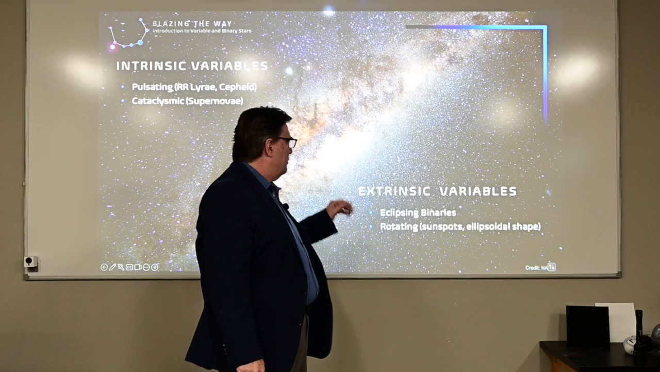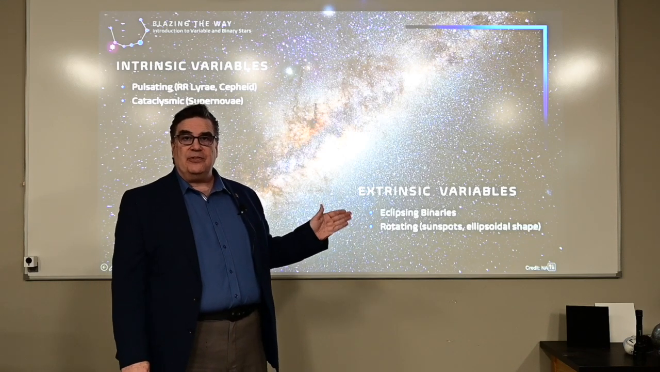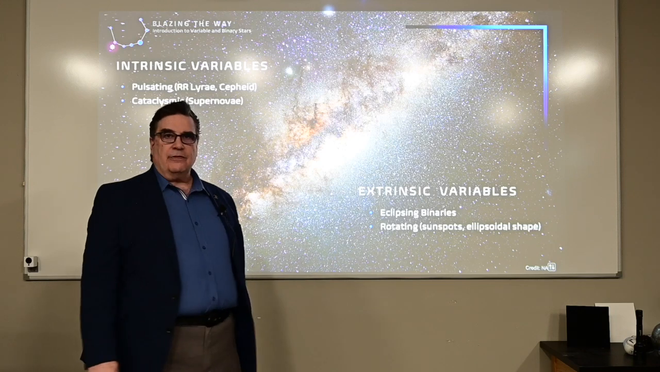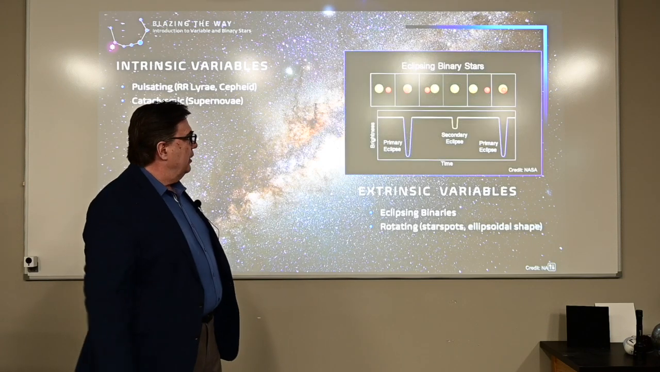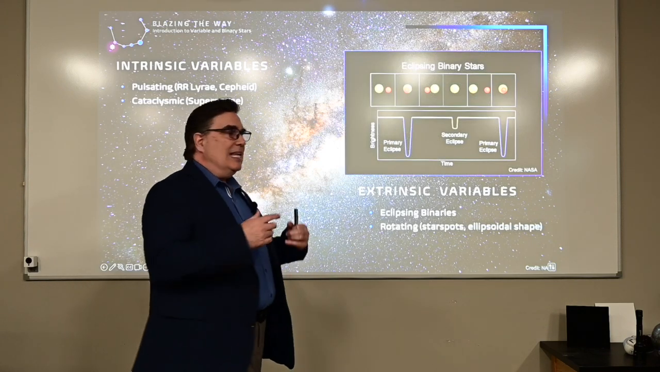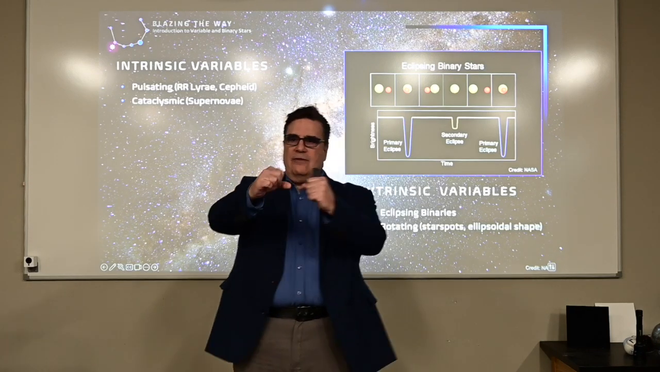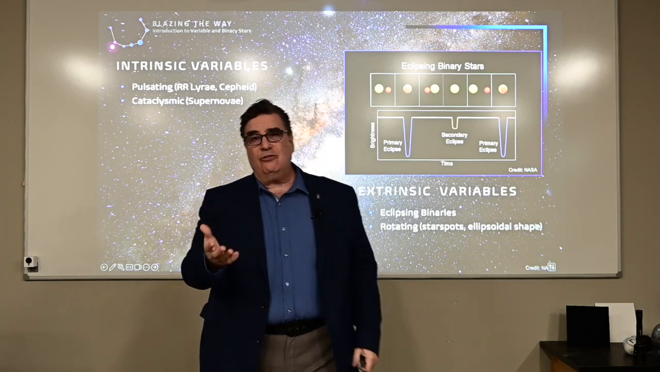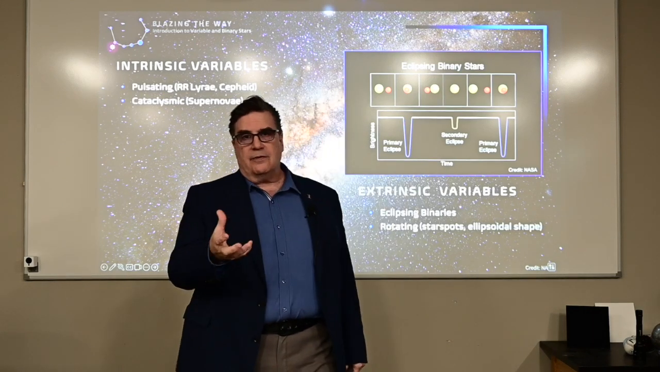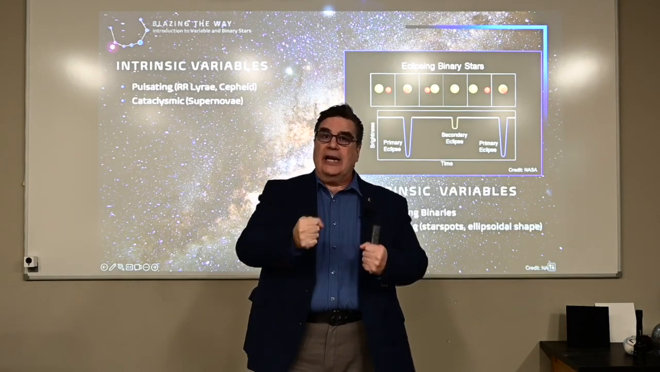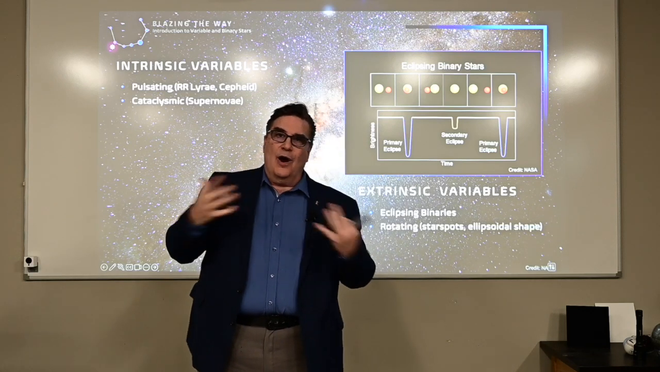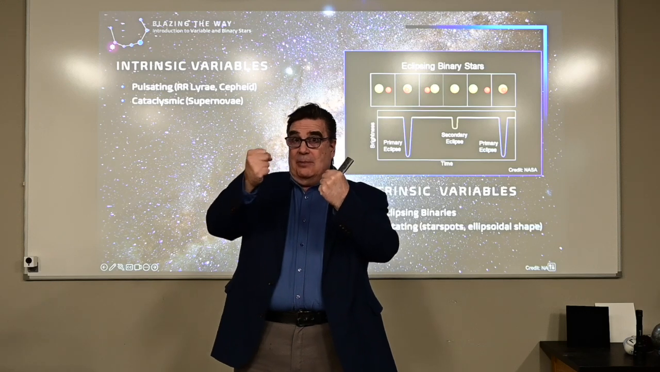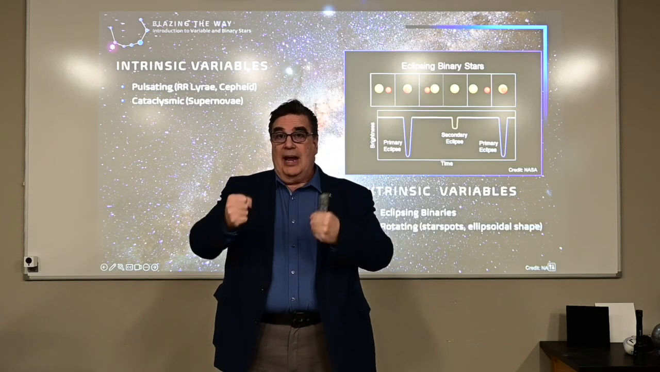With extrinsic variables, we have eclipsing binaries and some very interesting rotating stars, which we'll talk about here in a moment. With an eclipsing binary star, we have two stars that are orbiting around a common center of mass. It's actually believed that a great majority of stars in the sky are binary or multiple systems. Our sun is just one of those odd men out that doesn't have a binary or multiple star pair or